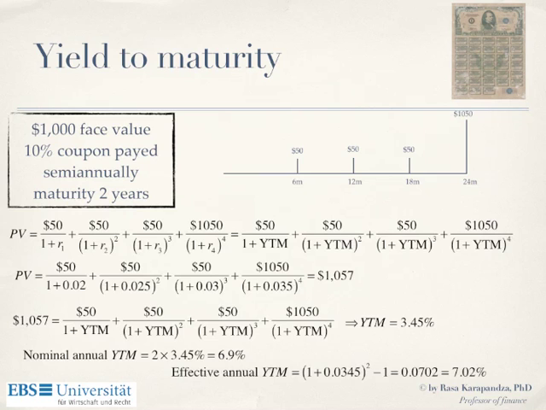First of all, note one thing. This bond has coupons every 6 months. These are 10% coupons paid semi-annually, which means you have a 5% coupon of the face value every 6 months. This is what 10% coupon paid semi-annually means. This is how it's translated to the cash flow stream. Now,